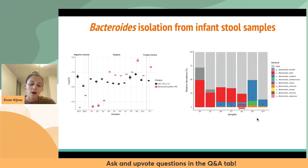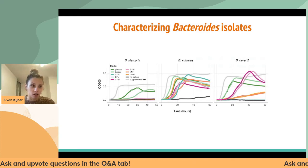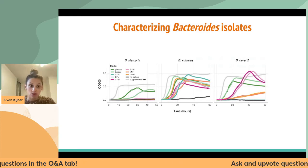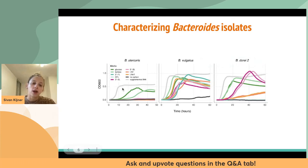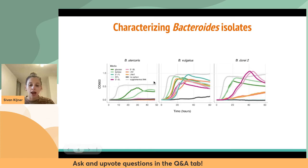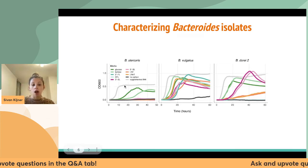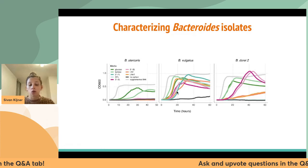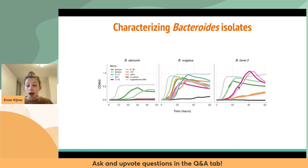Okay, so once we have a library of Bacteroides isolates, we can characterize their growth on HMOs, in our case, because that's what we look into. And when looking at the OD600 over time, we can see that some isolates do not grow on any of the test HMOs at all. Some isolates grow beautifully on all of them, and some isolates display a more interesting pattern of similar growth kinetics